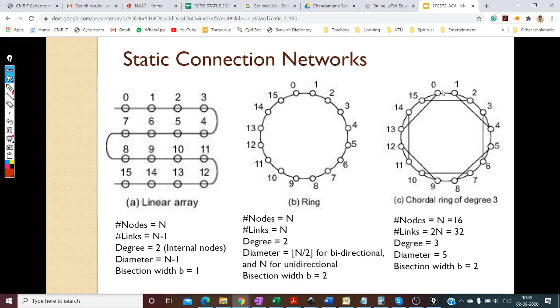So you go from 0 to 1, and then from 1 you can directly go to 4. So it's 1 hop, 2 hops, 3 hops, 4 hops, and 5 hops. In any case, 5 is going to be your diameter.